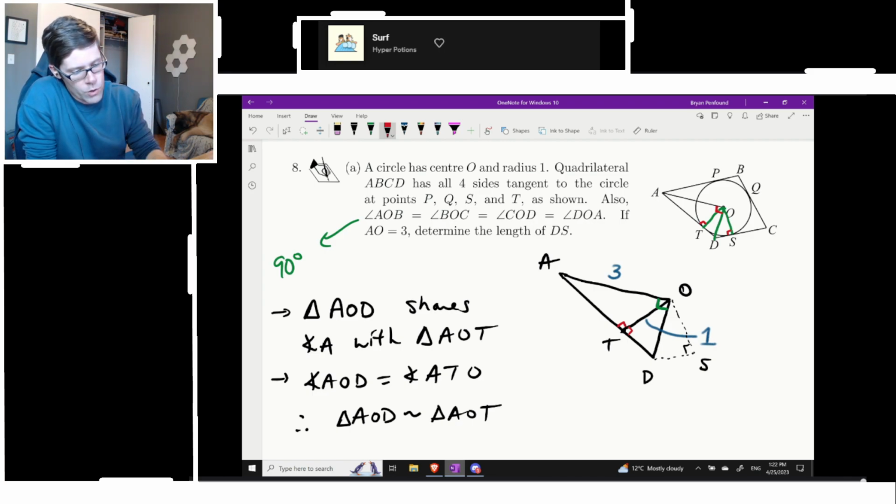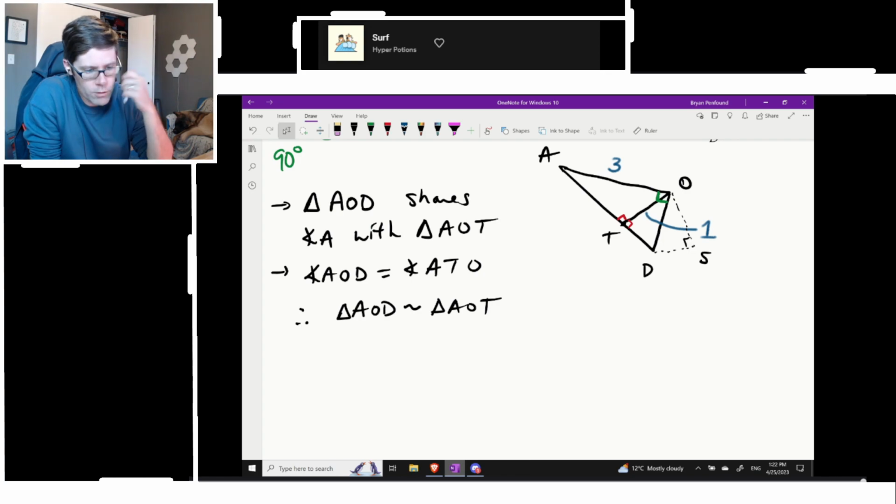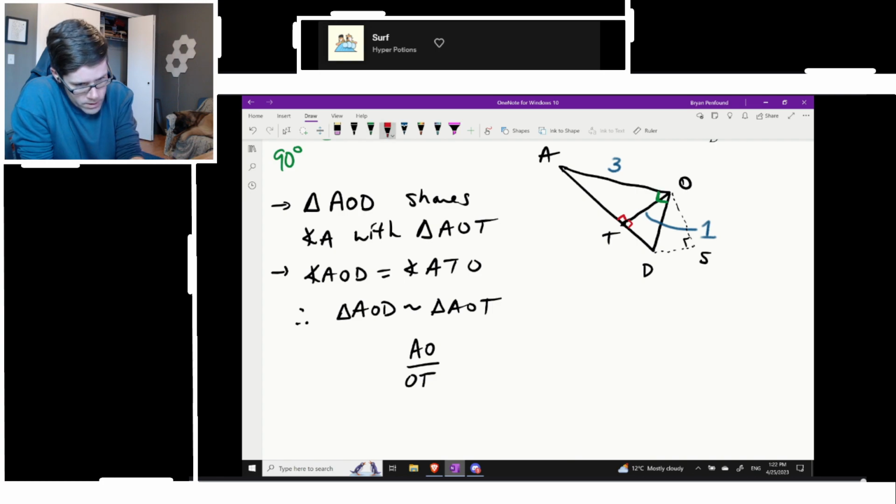So how do we set up the ratio the way we want it to? If we're working inside of here, we could probably say something like, if we take length AO and divide it by length OT, that's 3 to 1. So we need the hypotenuse, and maybe I should give a highlight to these. What triangle am I using? So we need to compare this one to this one.